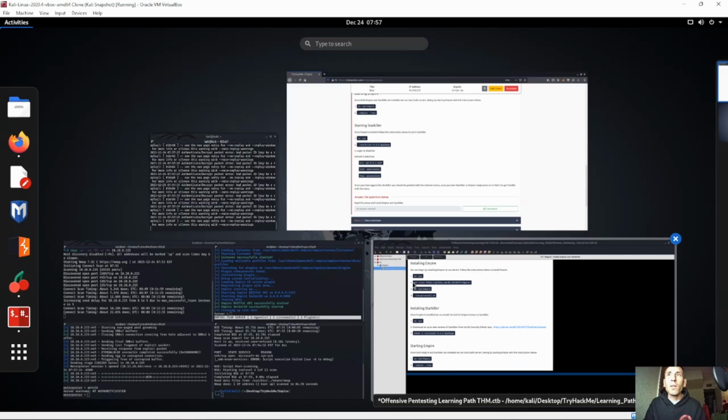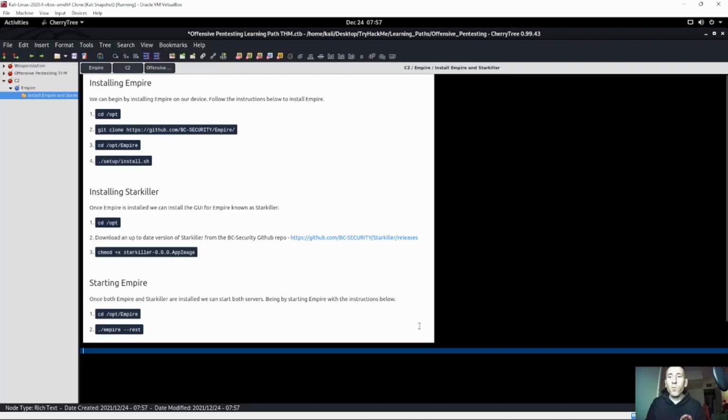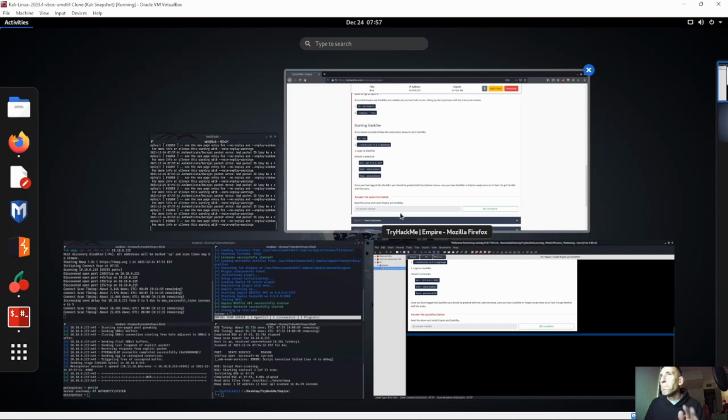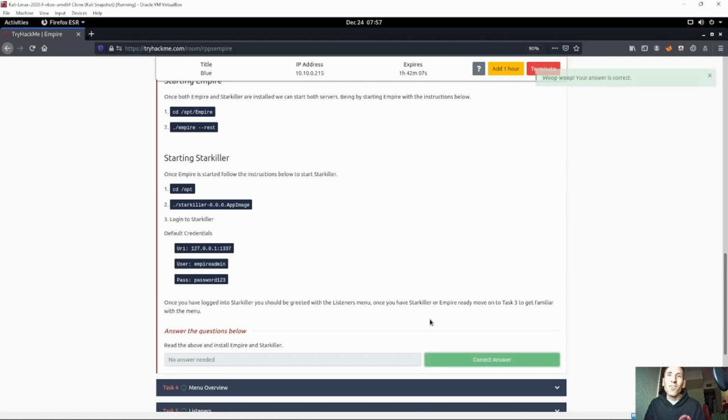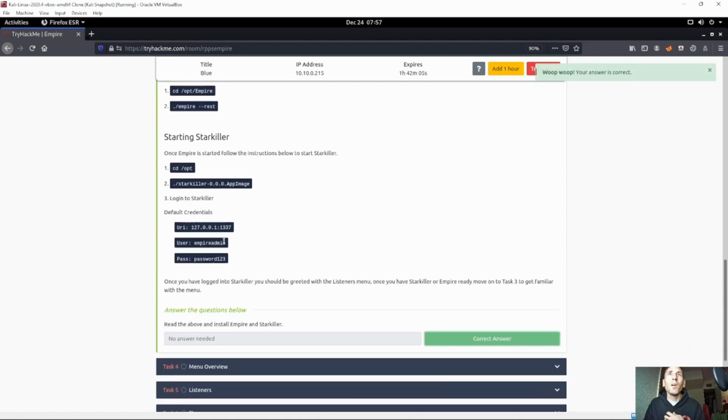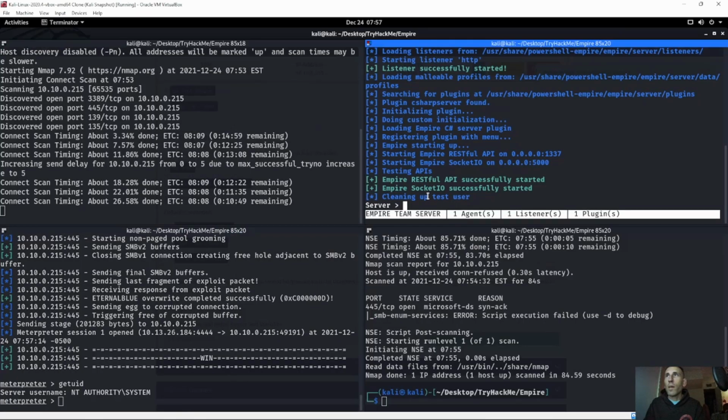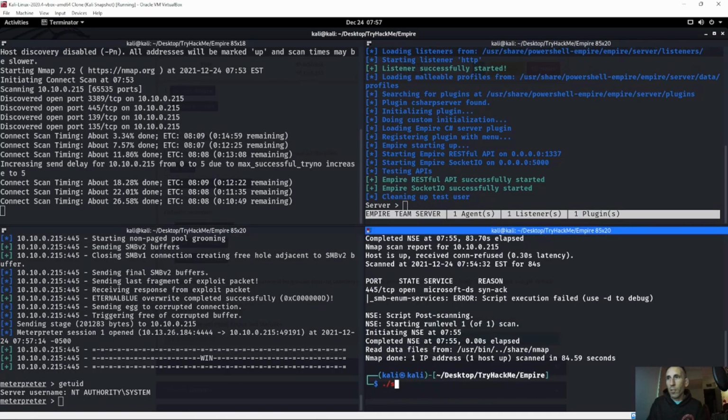So I noticed that a lot of people just like to say, oh yeah, this is how you use Empire, but they don't actually ever show it. So it's kind of like, all right, cool. Can we get a little more help with this, right? So as you can see, once we start Starkiller, so the server's up and running, if we do a period slash Starkiller,